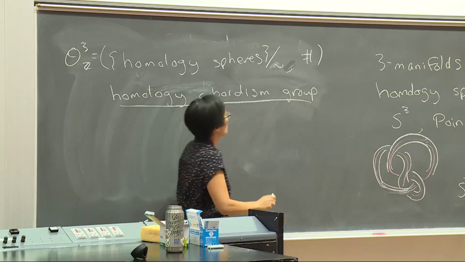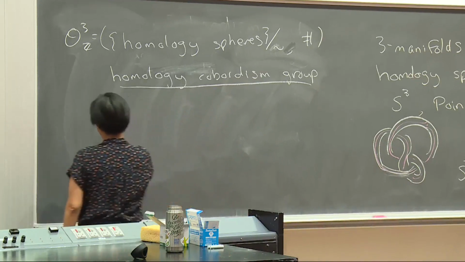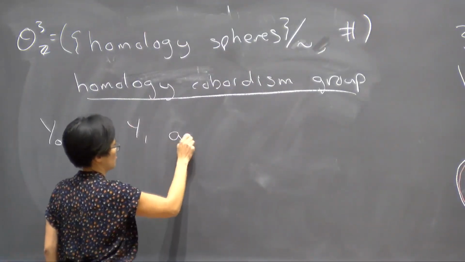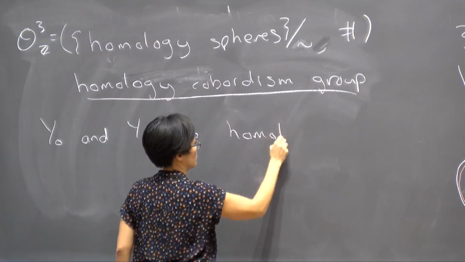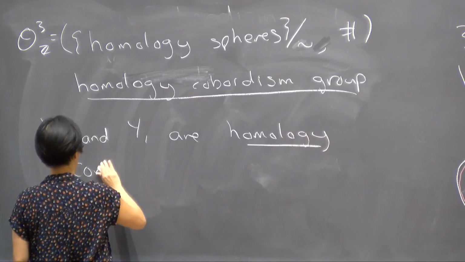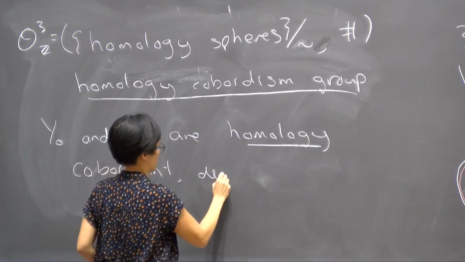So now I need to tell you what this equivalence relation is. We say that two three-manifolds Y_0 and Y_1 are homology cobordant, which I'll denote with a twiddle,